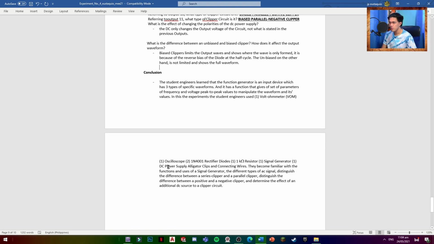And for the conclusion, the student engineers learned that the function generator is an input device which has 3 types of specific waveforms. It has functions that give a set of parameters of frequency and voltage peak to peak values to manipulate the waveform and its values. In this experiment, the student engineers used 1 voltohmmeter, 1 oscilloscope, 2 1N4001 rectifier diodes,